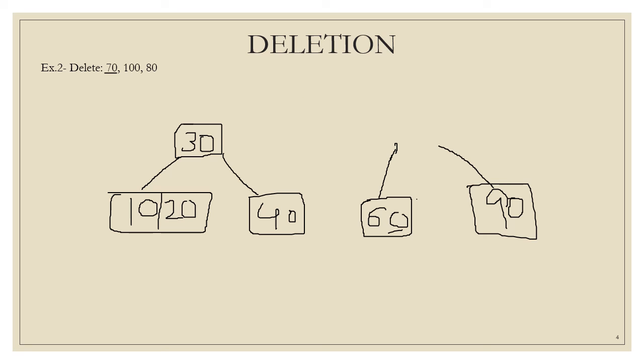That element can be 30 or 40, since 10 and 20 are smaller than both 30 and 40. Let's consider 30 with 50, or let's consider 40 first. So if we consider 40 with 50,